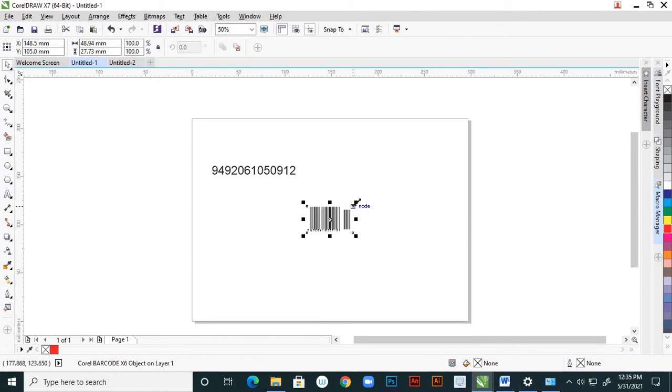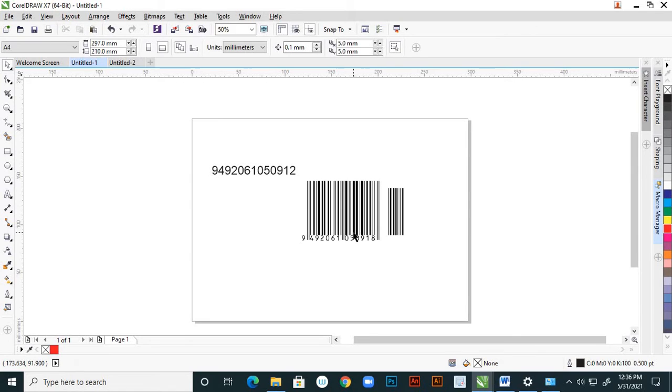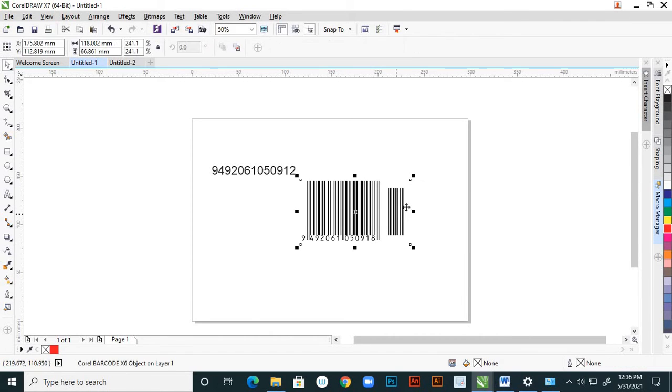So this is your barcode, and with Shift you can make it bigger. Now you can see 9492061050, and 912. Suppose this is my add-on.